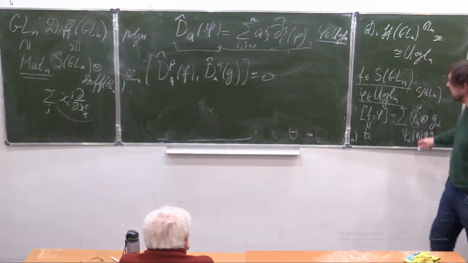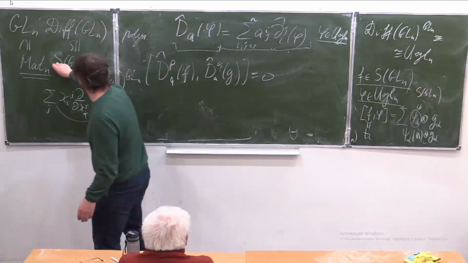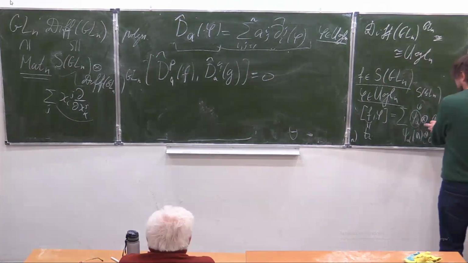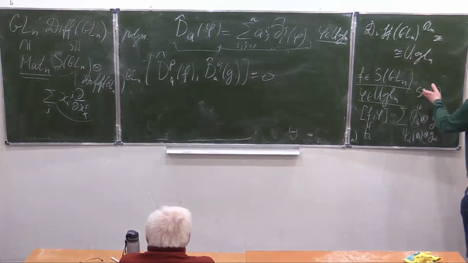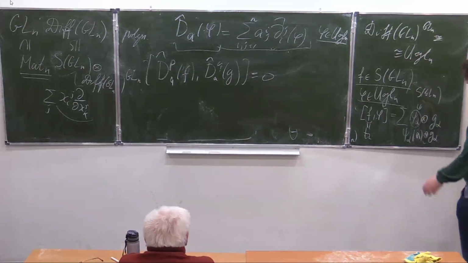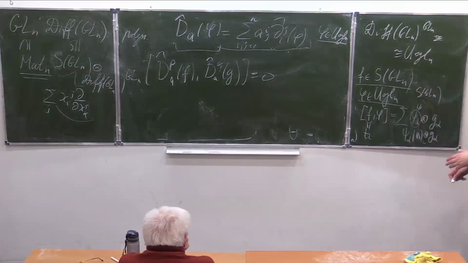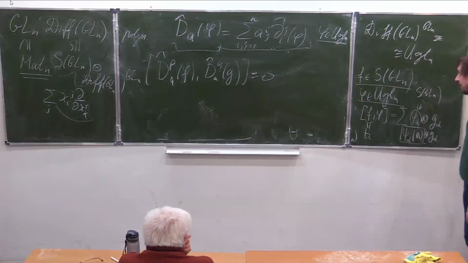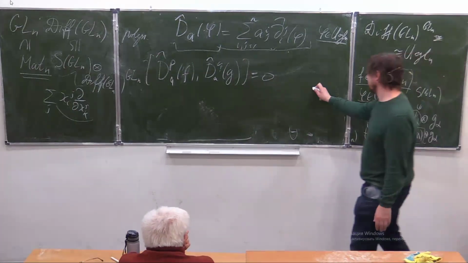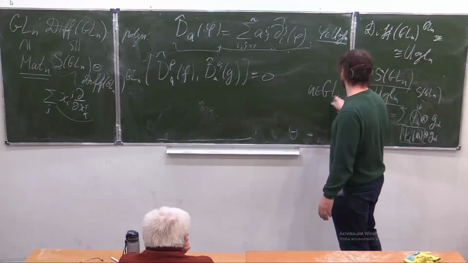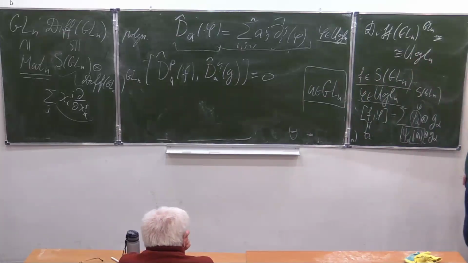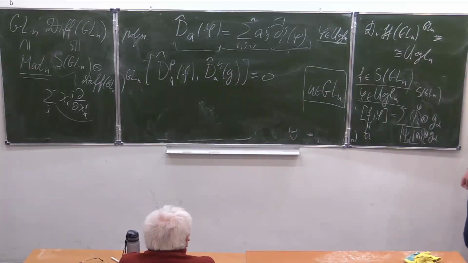Then I use this identification again to write down the commutator as the sum of tensor products of certain functions and certain elements of the universal enveloping algebra. After this, I just take the values of these functions at the point A in GL_N. So I can assume that A is actually non-degenerate. So it is an element in GL_N.